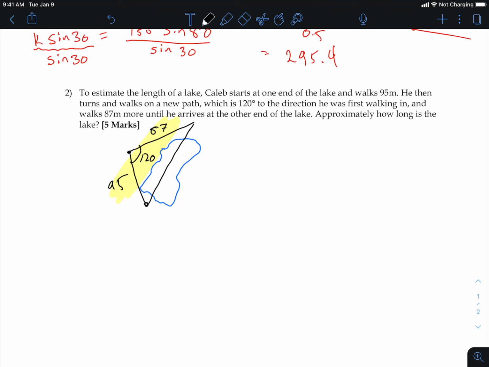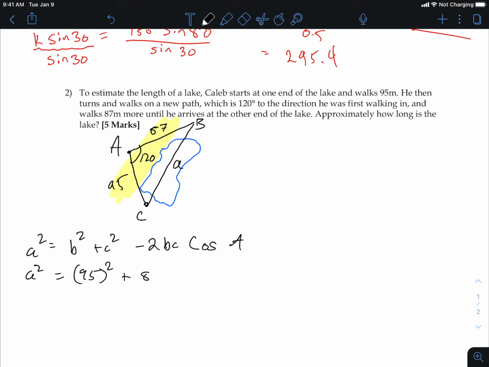Okay, we've got to figure out, I guess the hard part of this is labeling the triangle, right? I'm going to label this A, B, C. How's that the hard part? It's not. It can throw a wrench in things. Like A squared is equal to B squared plus C squared minus 2BC cosine A. Throw in the numbers. A squared is equal to 95 squared plus 87 squared minus 2 times 95 times 87 cosine